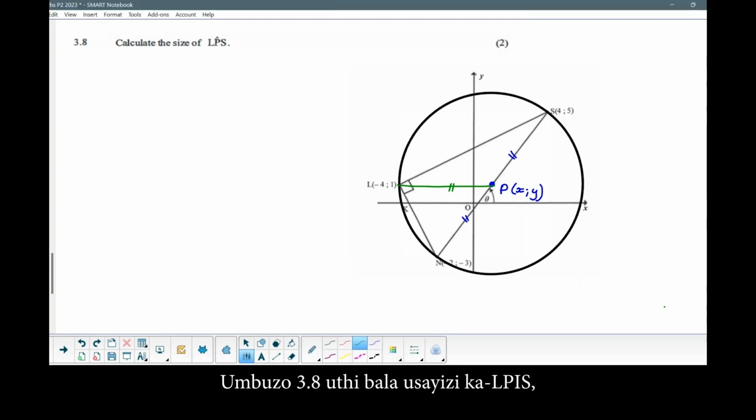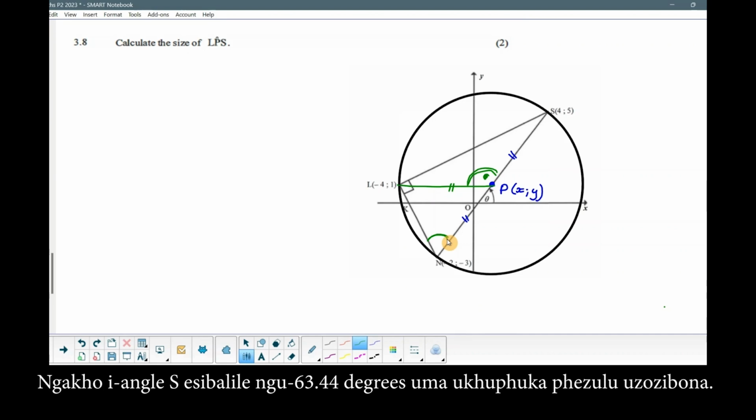All right, question 3.8. Calculate the size of LPS. LPS is this angle sitting here. All right, I think this is why the circle was so important, because if you look closely, if that's your angle at the center, then it's related to the angle at the circumference. And we found angle LNS earlier. So angle LNS we calculated to be